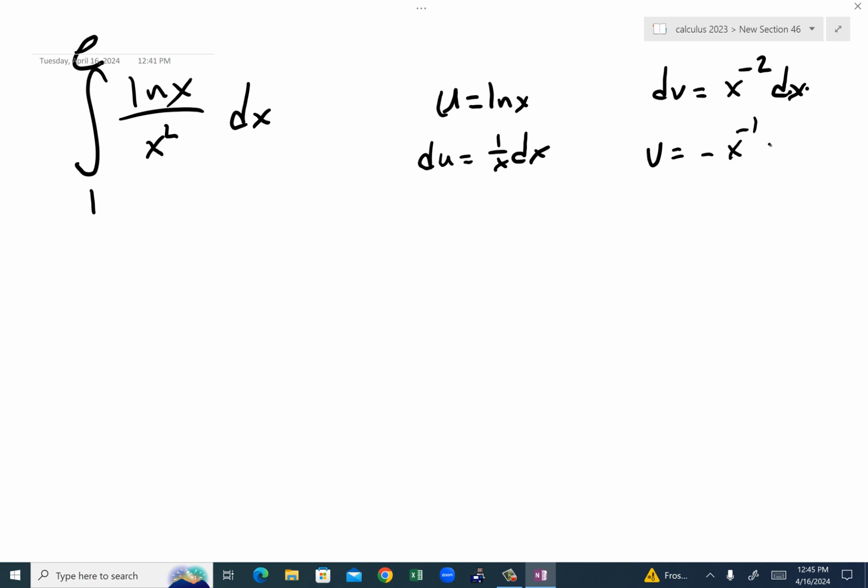So you have negative 1 over x. So you have negative ln of x over x plus